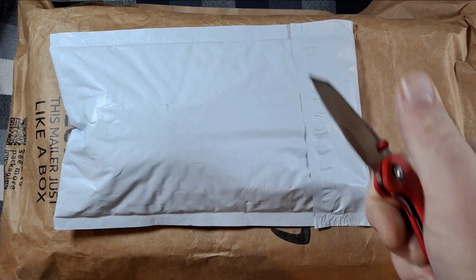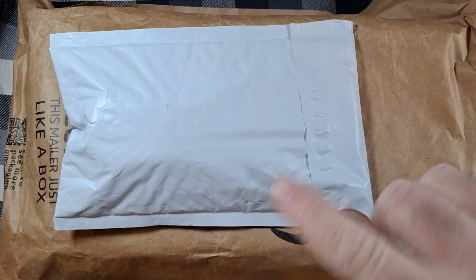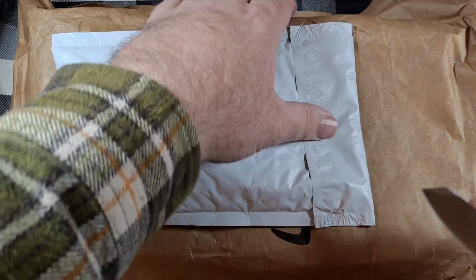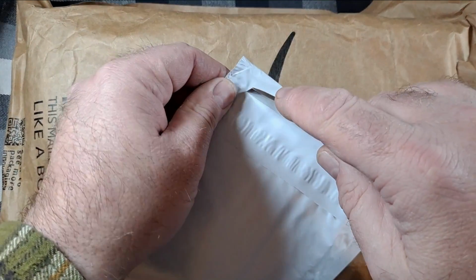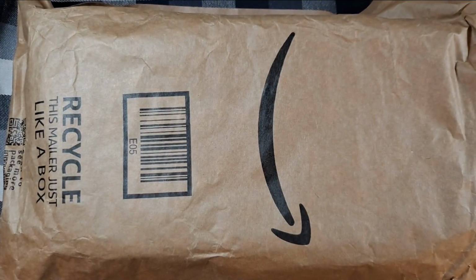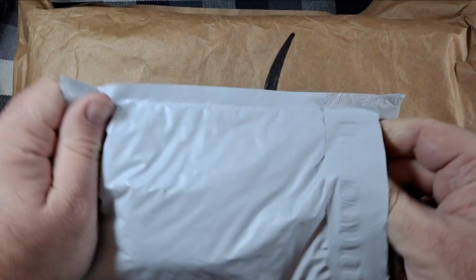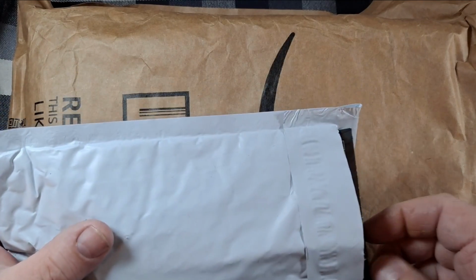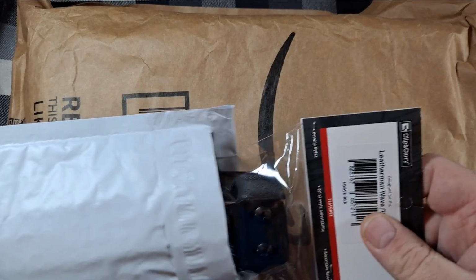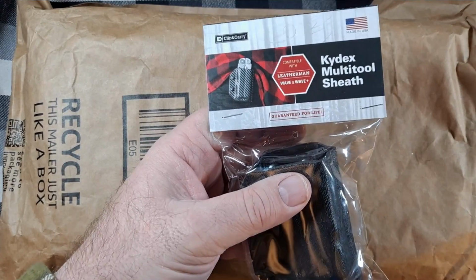So let's use the CJRB Milea. This has turned into my favorite little box opener. Got the packing slip. So this I bought for my new Leatherman Wave, and it is a Kydex multitool sheath from